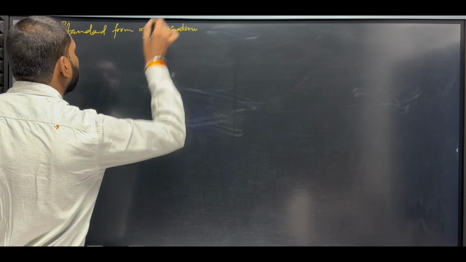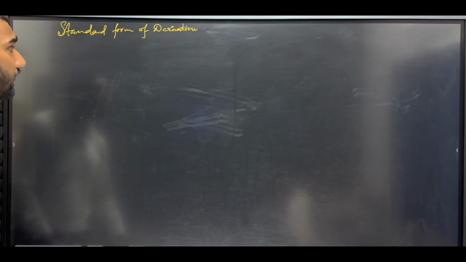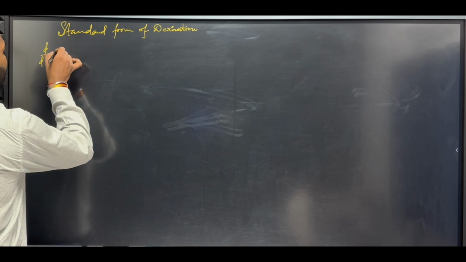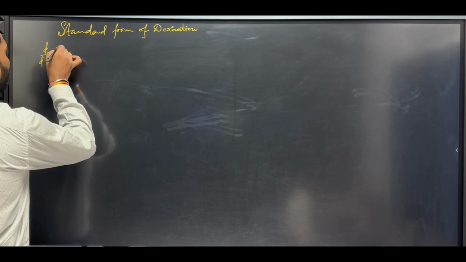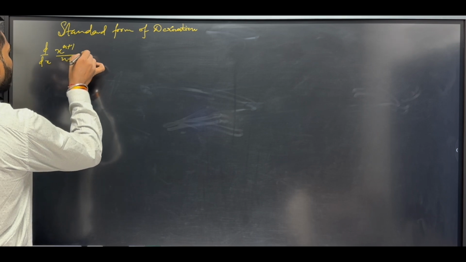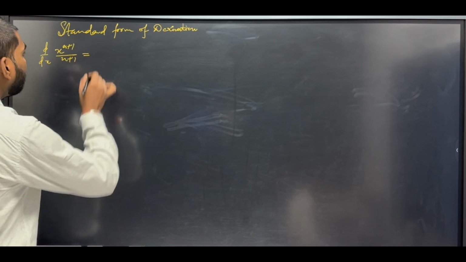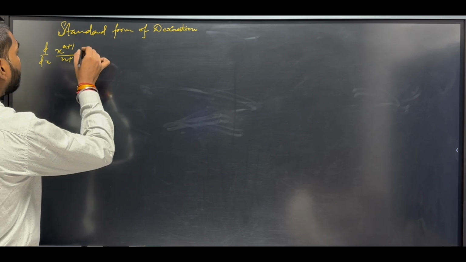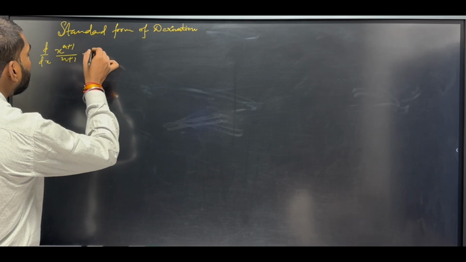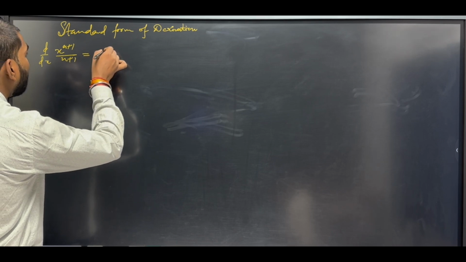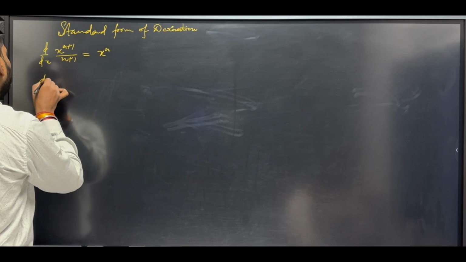Standard form of derivatives, which is d by dx of x to the power n plus 1 by n plus 1. What will we get here? The derivative of that part, x to the power n. Right, now d by dx